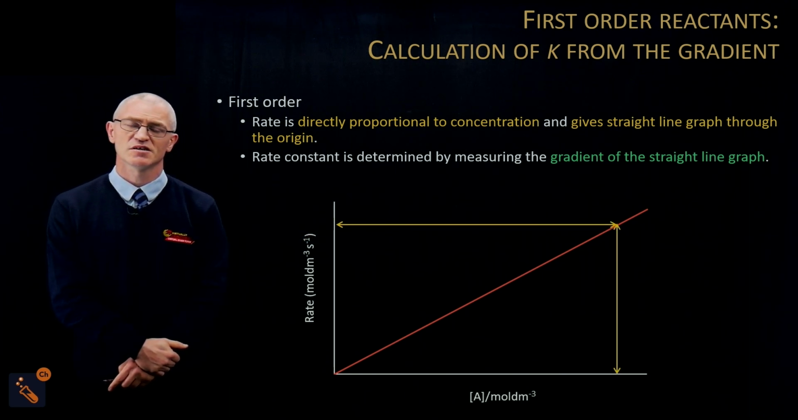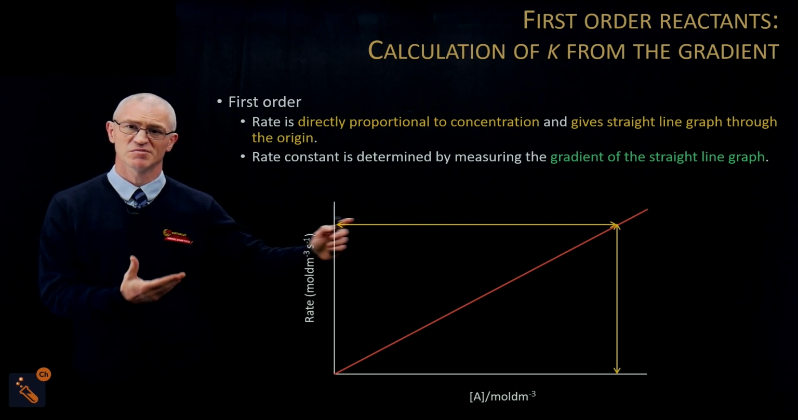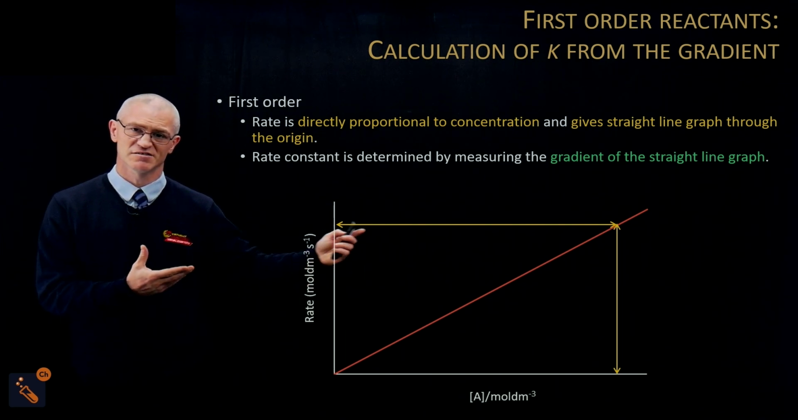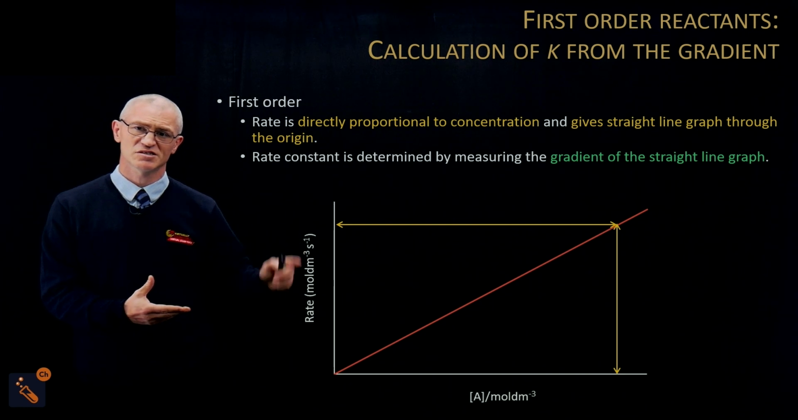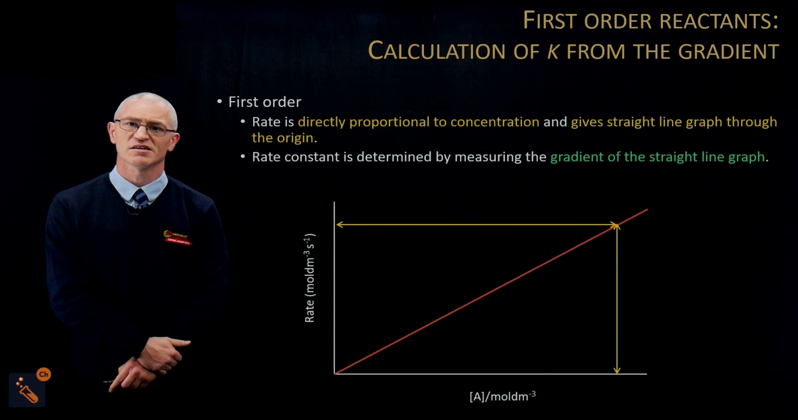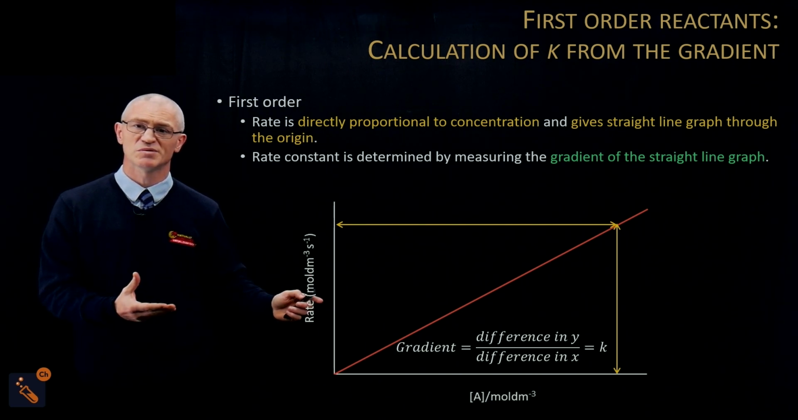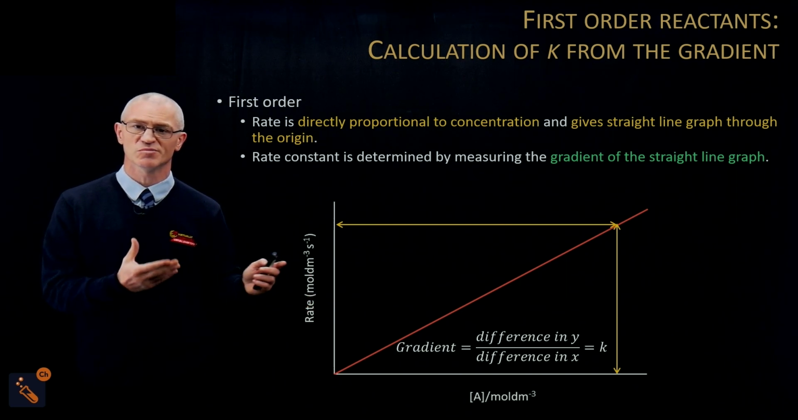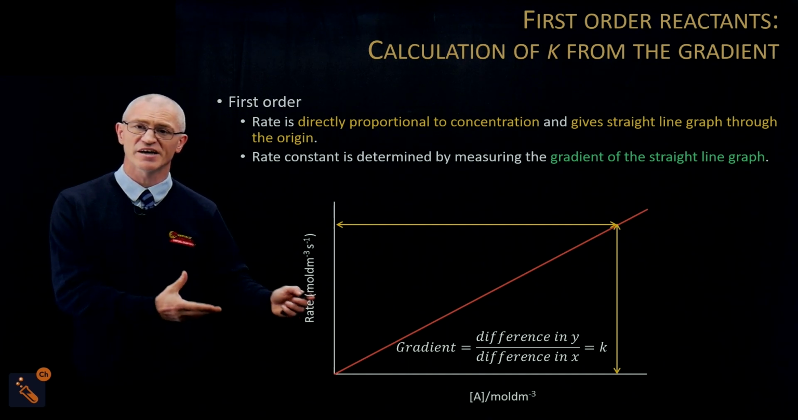So if we put the gradient on there, we just pick a point in the graph. Because it is a straight line, we can just see what is the difference in rate divided by what is the difference in concentrations. Or simply put, the difference in y divided by the difference in x. And that will equal